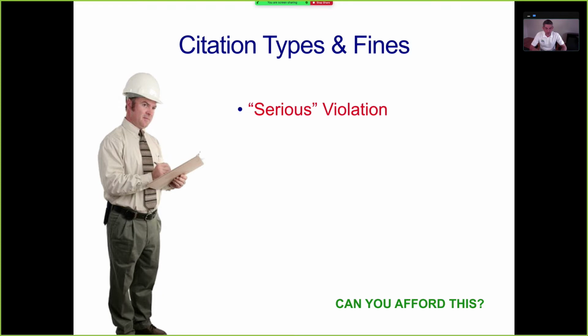So the maximum fine for a serious violation is $14,502, but again, inspectors can discount based on the size of the company, the company's previous record, whether or not you have written programs in place, the company leadership's attitude towards safety, that kind of thing. So in our experience, after everything is considered, the final serious violation results in a total fine typically between $7,000 and $8,000, but we have definitely seen them